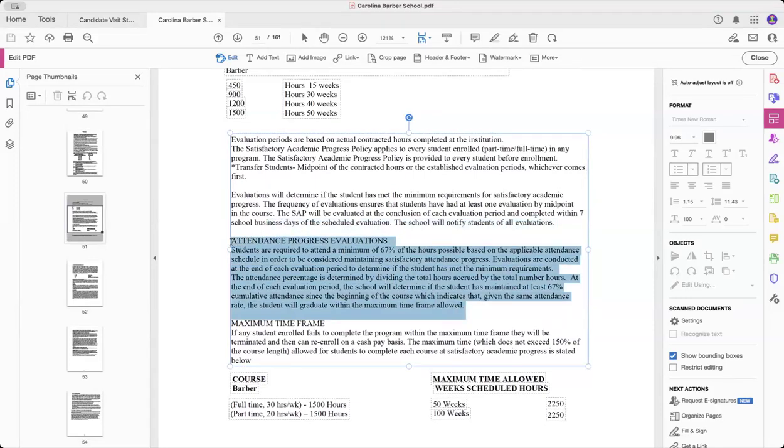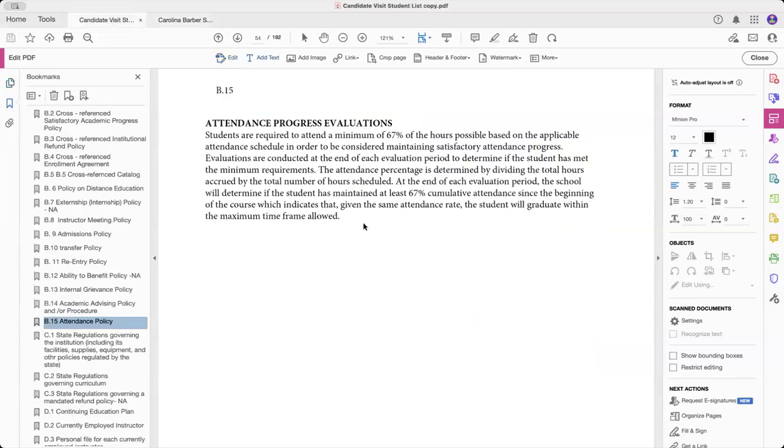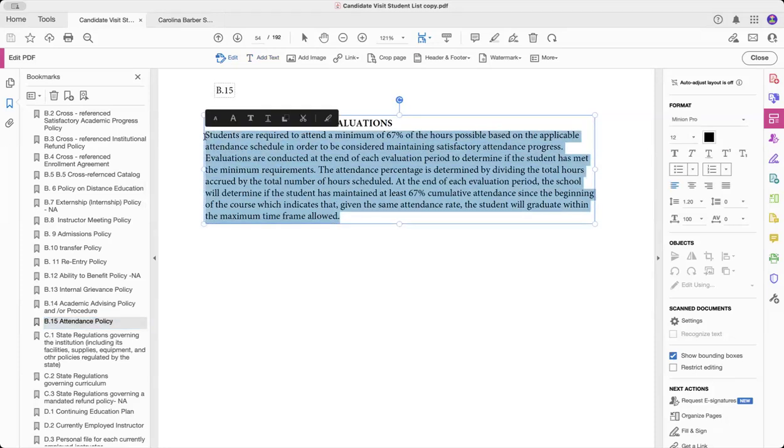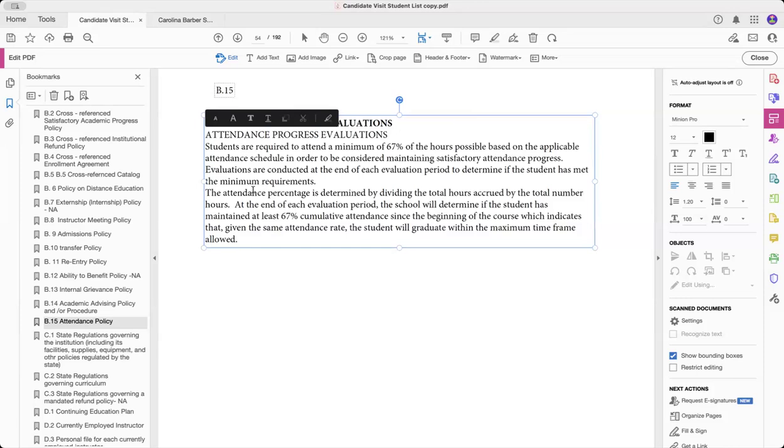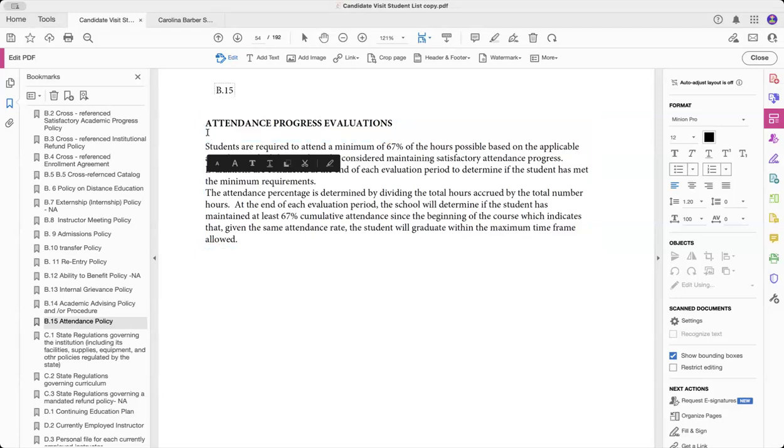So we can highlight this, copy it, go over to our template, and we can paste it right here. So we just copied it from our catalog and we just pasted it right here. All right, let me delete that because I got this twice. I'm gonna highlight that, delete that. Okay, so we're good. So now what we've done, we've just completed